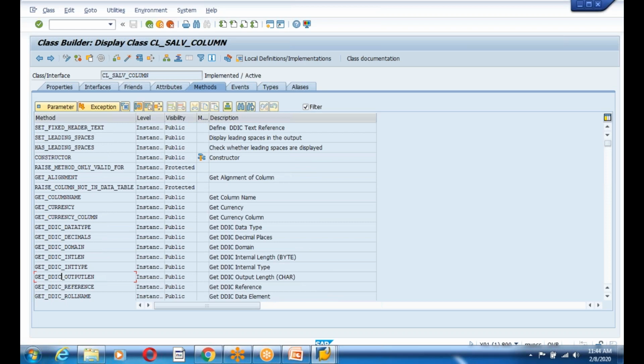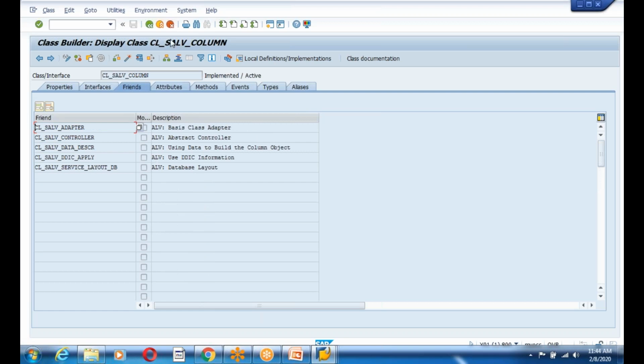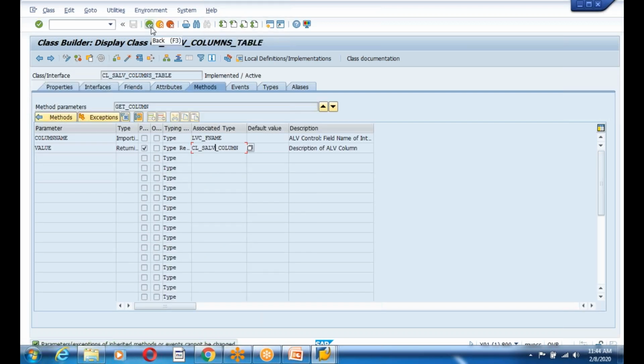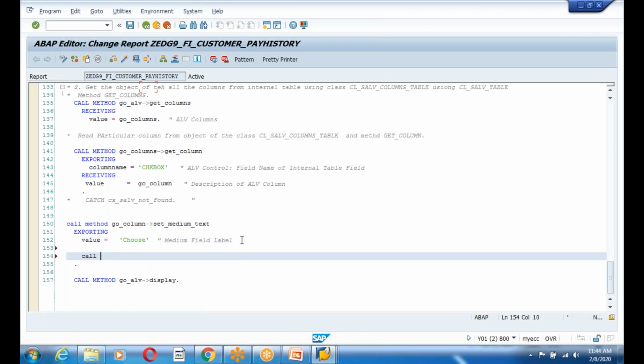Somewhere I can see set cell type. Okay, maybe, see, this is my class, which inherits alignment and friends classes. Maybe I will do it here with control space. I will do it, guys, and call method. Sorry,